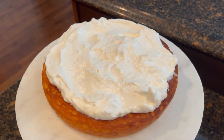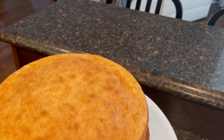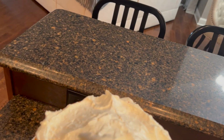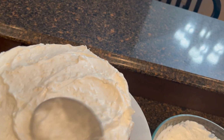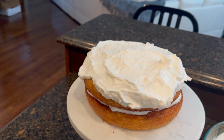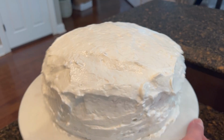Probably like that. It doesn't have to be perfect. Then I'm gonna take the second layer and I'm gonna go ahead and cover it. I probably could have gotten away with just 1 thing of Cool Whip, but I only make this like once a year and it's so good. And we'll eat the rest of this with fruit. I'm gonna grab something to help me coat the sides. Okay, so this is what it looks like